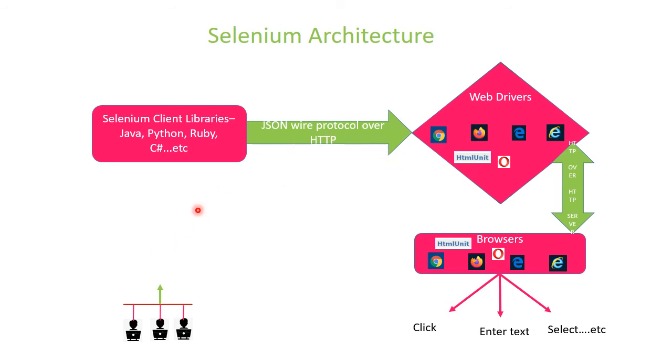So they need a medium to communicate. The programmer needs a medium to invoke something to the client libraries, which will result in some actions on the applications launched on the browsers, right? That medium is nothing but a language. So the language can be anything. And as we see, we have widely supported libraries in different languages. Similarly, we have a wide variety of languages which can be used in order to write code,